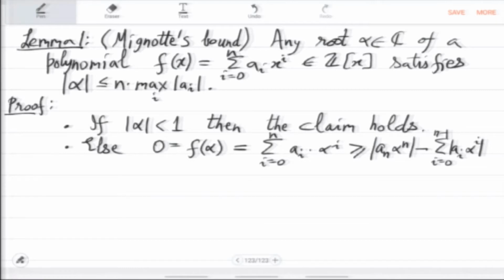Okay, so this is the lower bound on this sum, sigma a_i alpha to the i. We have isolated the highest term from the rest, looking at the difference of that, which is greater than or equal to alpha to the n, because a_n will be at least 1. It is an integer, so the magnitude is at least 1, it is not 0. So alpha to the n minus